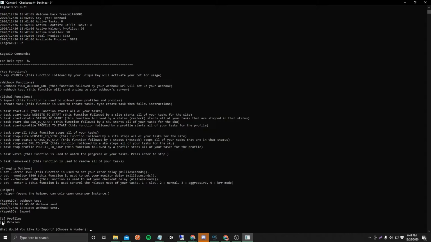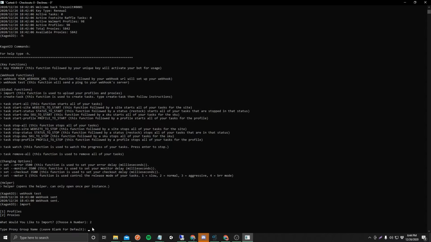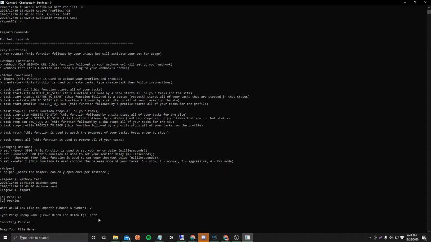Now, one thing about Kage, you will see these numbers in the brackets, and then you will see the actual name itself. Always type what's in the brackets. I made the mistake of when I first got the bot in beta, typing out like profiles or proxies, and that does not work. You have to type what's in the brackets. So once you do that, obviously it'd be proxy, so I would type out 2, and then I'll put the name. I'll call it test 2,